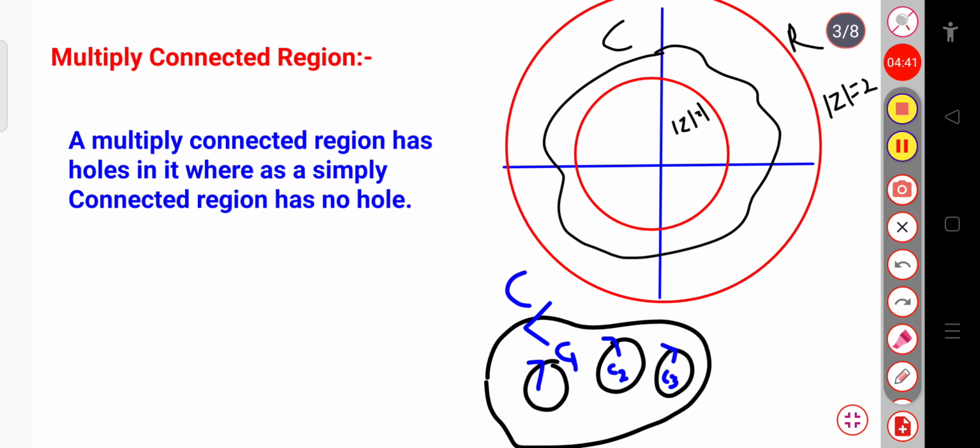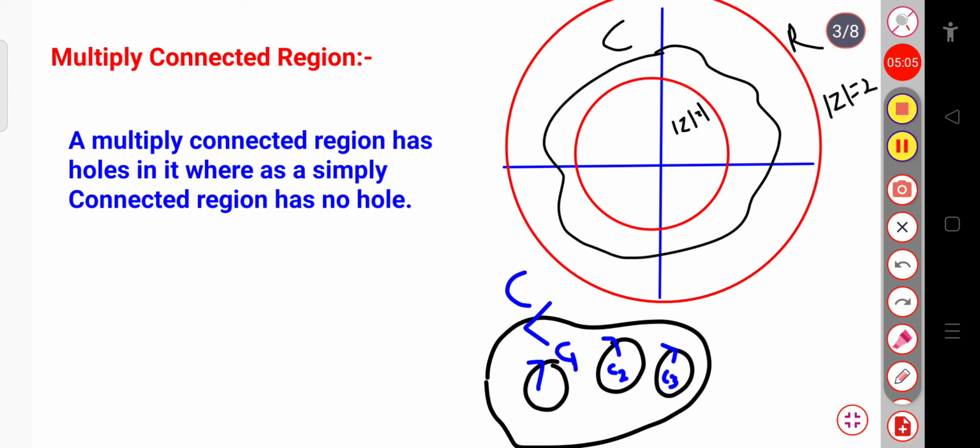So here you can see that there are 3 holes inside this multiply connected region. Again, if the region or the domain, when drawn, leaves any holes, or cannot be shrunk to a point within that closed curve, it is known as a multiply connected region. Or you can say that in a multiply connected region, the function fails to be analytic at some points within